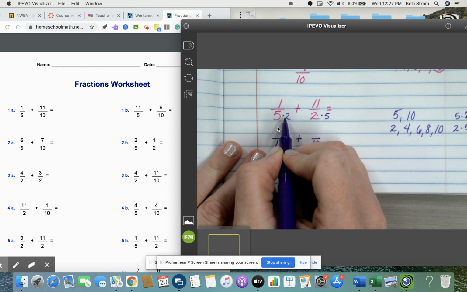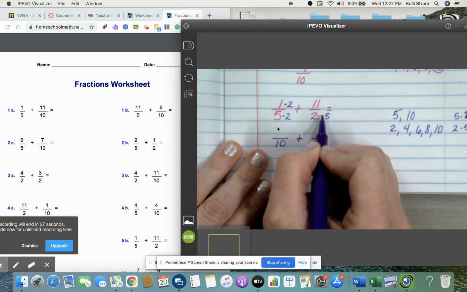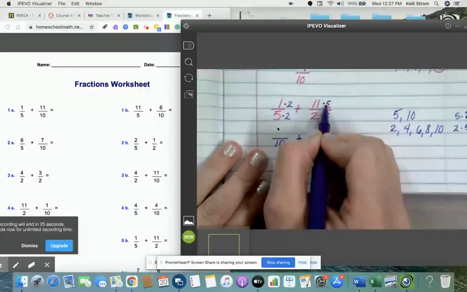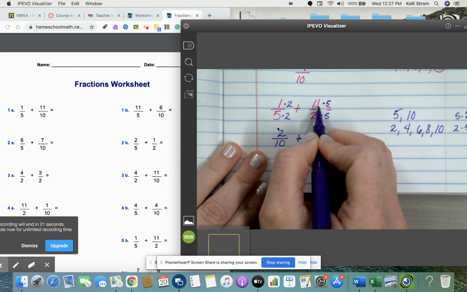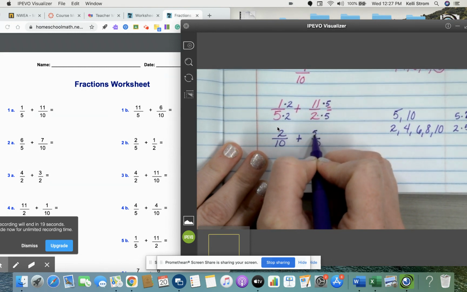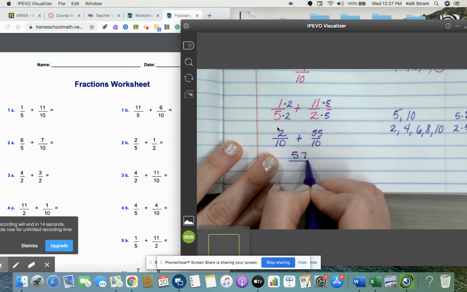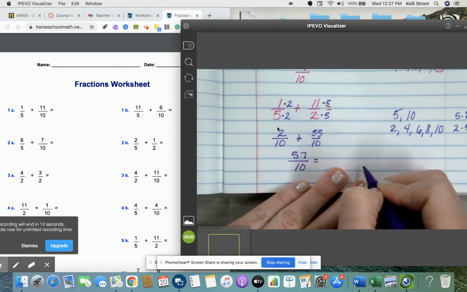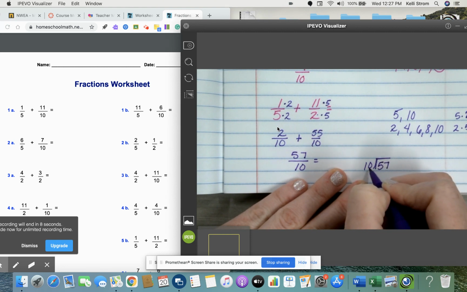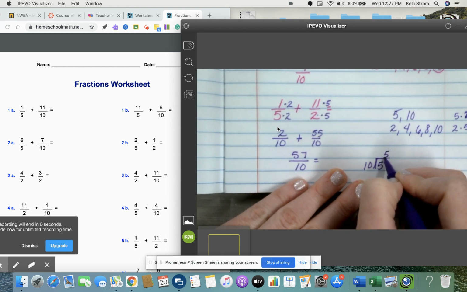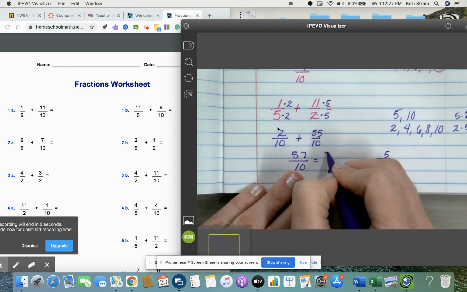Whatever I do to the bottom, I have to do to the top. Whatever I do to the bottom of this one, I have to do to the top of this one. So that becomes 1 times 2, which is 2. 11 times 5, which is 55. And that gives me 57/10, which then can be turned into a mixed number. 10 goes into 57 5 times, minus 50 leaves me with 7. So I have 5 and